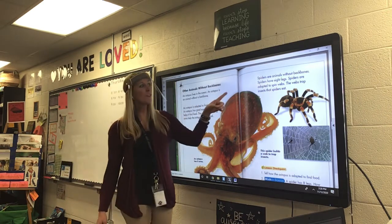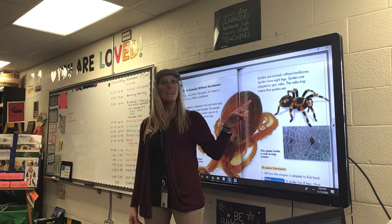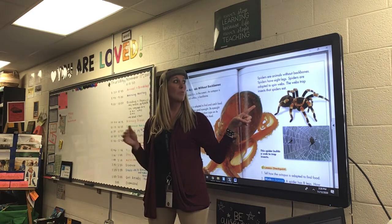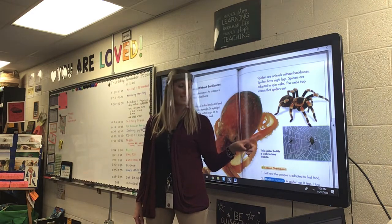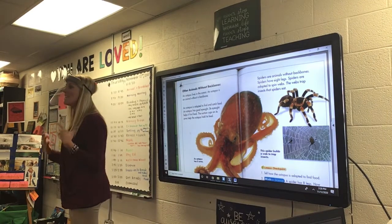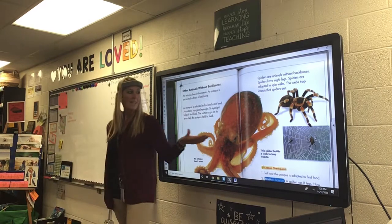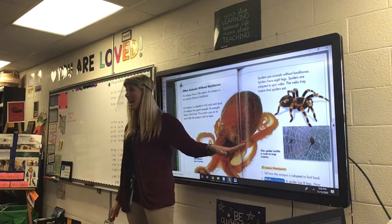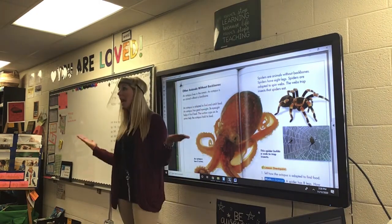Now, if you look over here, spiders are animals without a backbone. Spiders have 8 legs. Spiders are adapted to spin webs. The webs trap insects that spiders eat. So, spiders are in a different group. They're called arachnids. And arachnids have 8 legs. That's why they're not an insect. Now, this spider builds a web to trap its insects. So that's an adaptation. If a spider would not be able to make a web, how would it get its